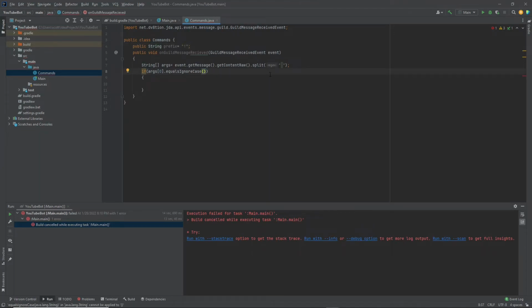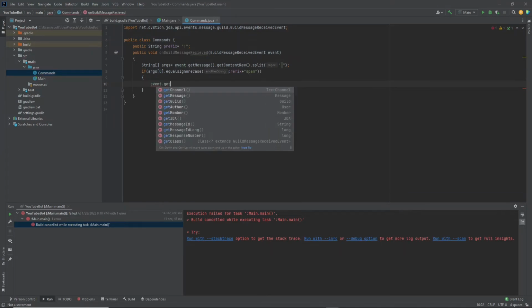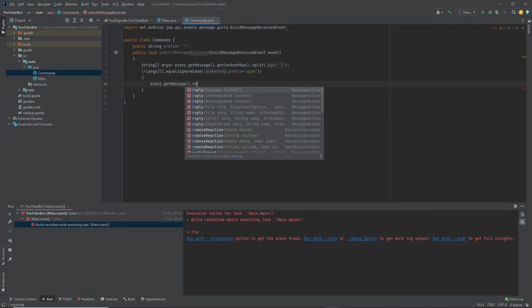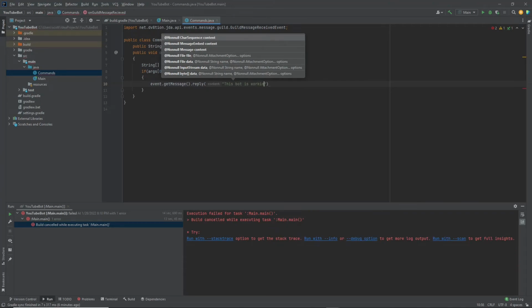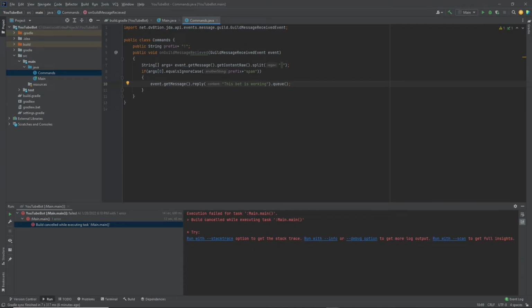And then equalsIgnoreCase is going to be prefix plus "spam". So this is the command. So whenever we type in this exclamation point spam, we'll be able to run whatever is inside here. So we're going to type event.getMessage().reply, and then we're going to reply with "this bot is working" .queue. So it's going to create that message and then it's going to send it over to Java, and then